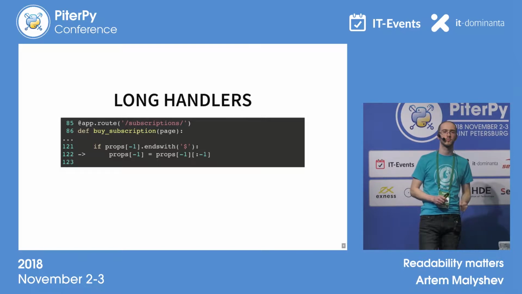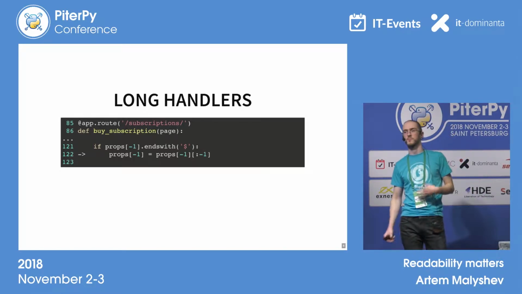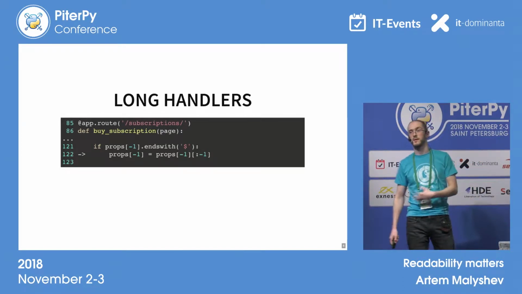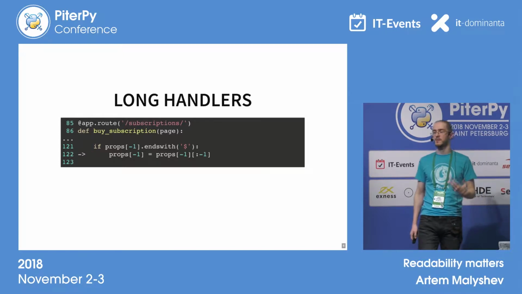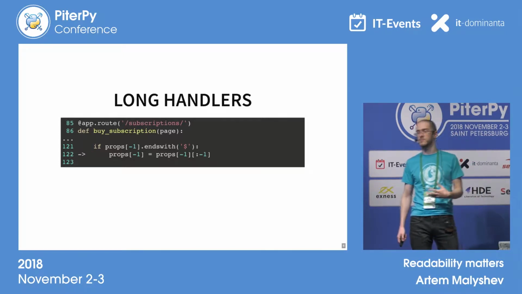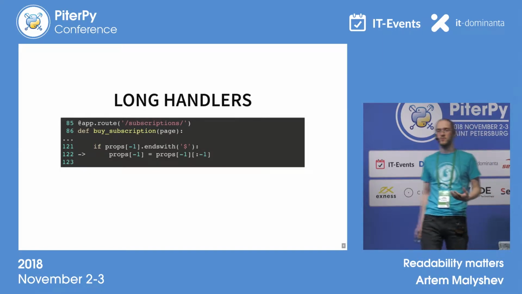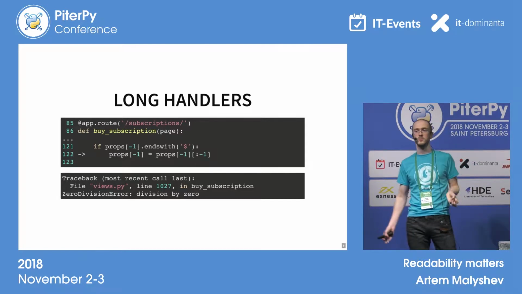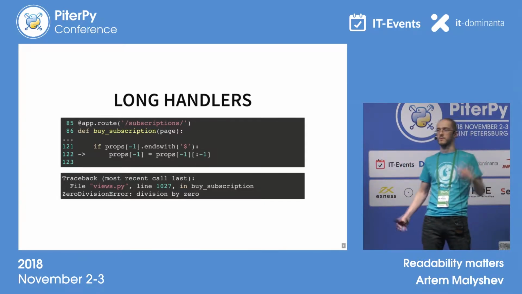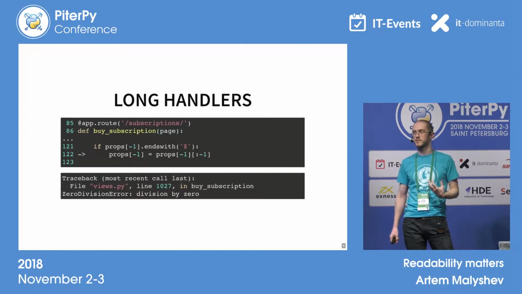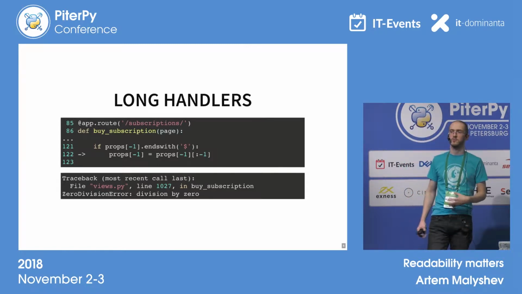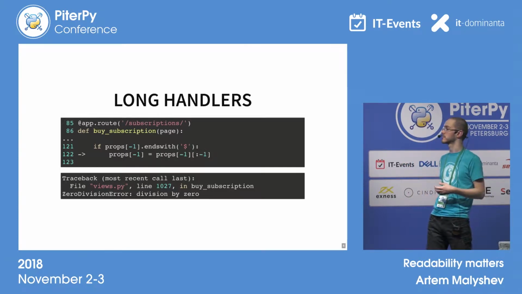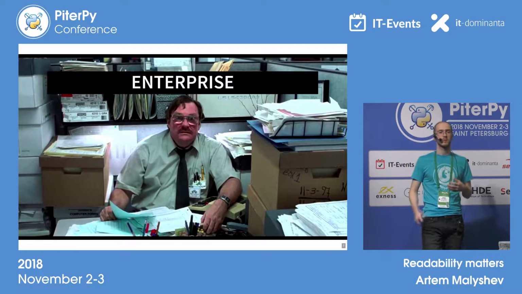Just a small example. He sees our buy button, and in one of the parameters there is an obscure symbol. He thinks about deleting it, and starts checking all the business cases he sees. But when he uploads it to production, there is an error and something goes wrong. When there is a long function, a long handler, it's quite difficult to understand all the business logic behind it, because there are so many things behind it, and the human eye cannot embrace it.